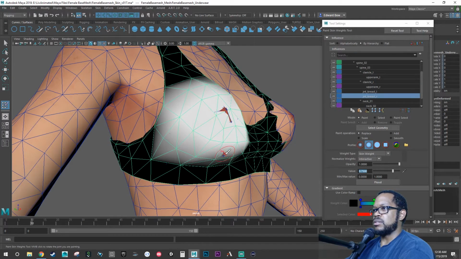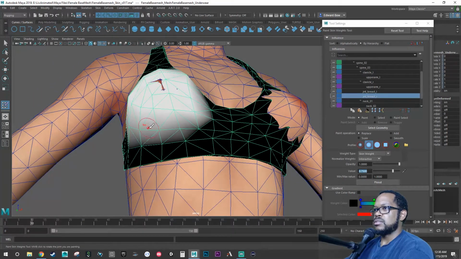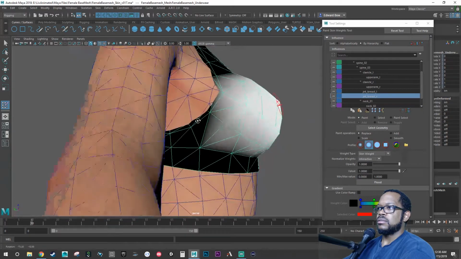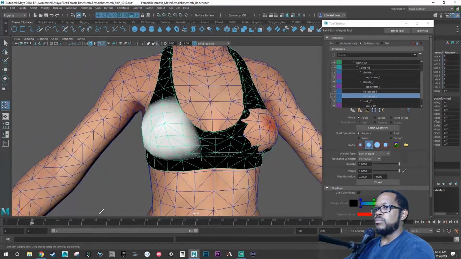So we just want to paint around on the edges just so we can get a little bit of blending there. So this part right here is probably going to be full on 1. So we can do 1 right here. There we go. All right. So now if we keep going